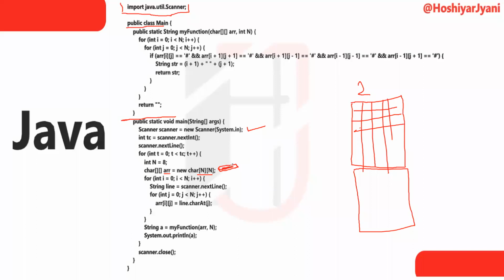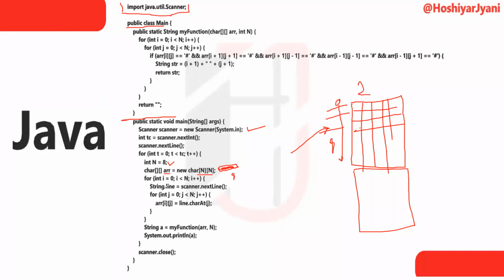We are filling the values in this chessboard with the help of two loops. First of all, I am iterating a for loop from 0 to n. What is n here? n is 8, as given. So we are iterating a loop from the 0th position to the 8th position because there are 8 rows present: first time this, second time this, third time this. So we are iterating over the whole row.